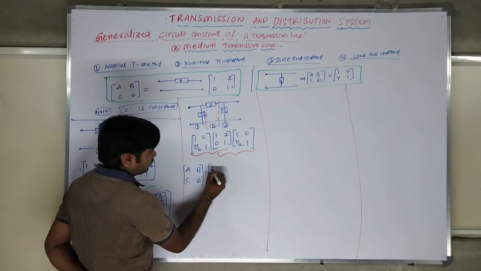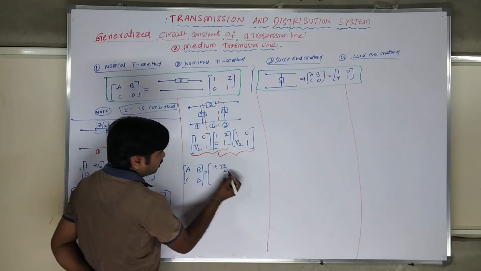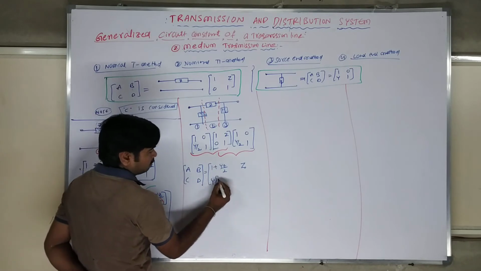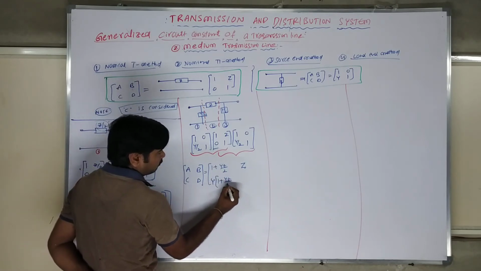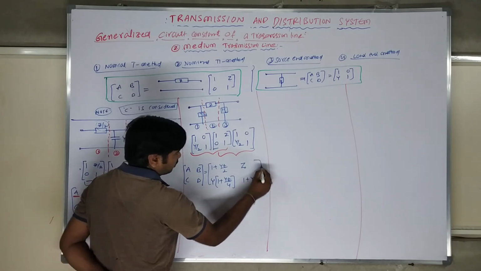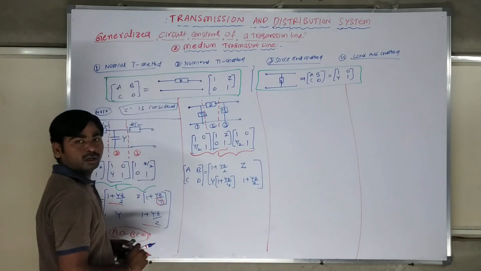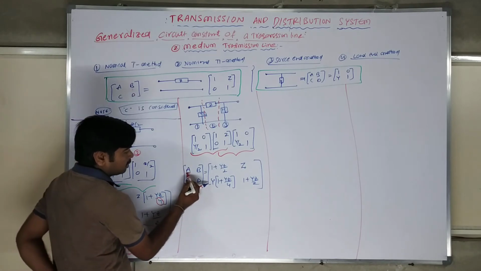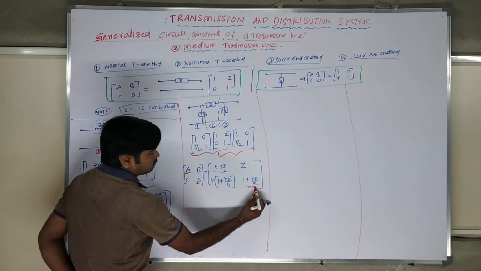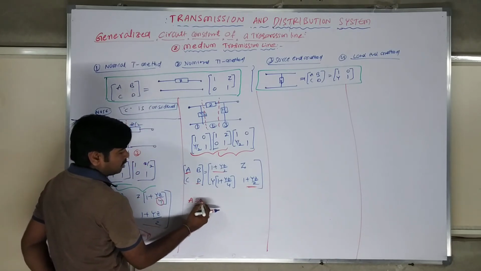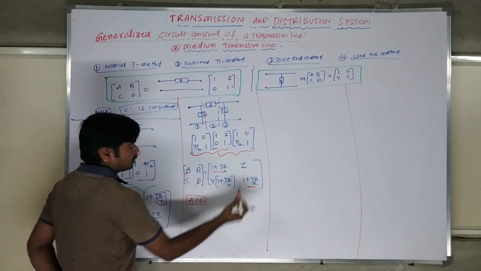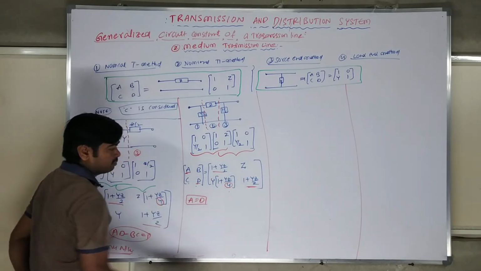It should be like this: 1 plus yz by 2, you are getting only z, then y into 1 plus yz by 4, and again the same 1 plus yz by 2. These are the ABCD answers we are getting. If you see here, the value of A is 1 plus yz by 2, and D is also 1 plus yz by 2. Assumption A is equal to D. The C answer you got, the D answer you got, in this also you get 1 plus yz by 4.